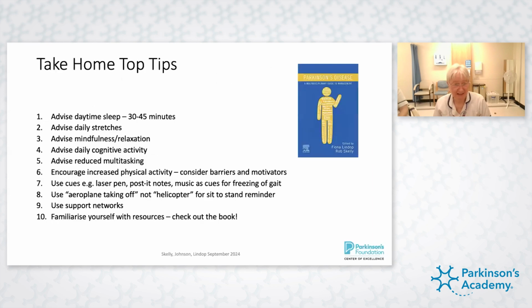So finally, just before we get to the questions, we're going to just give you these tips to take home. They're not our top 10, but they are 10. We might choose other top 10s. There's so many to choose from that it makes it difficult. These might be something you'd advise the patient, or they might be things that you will use with the patient. So advising them to take a daytime nap,